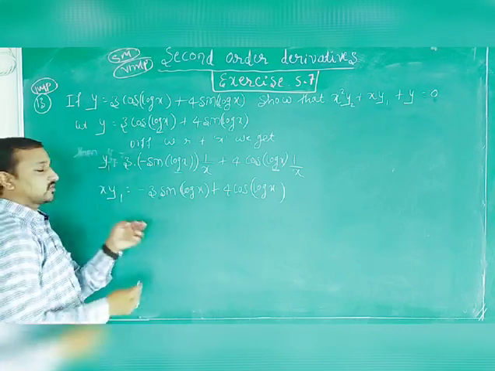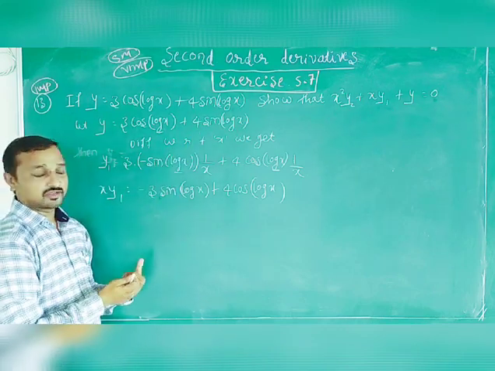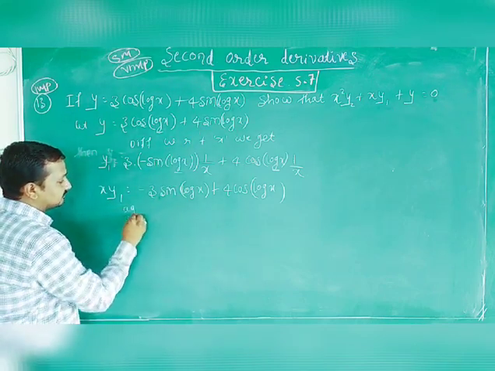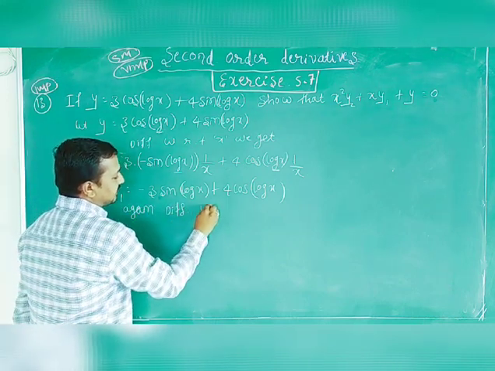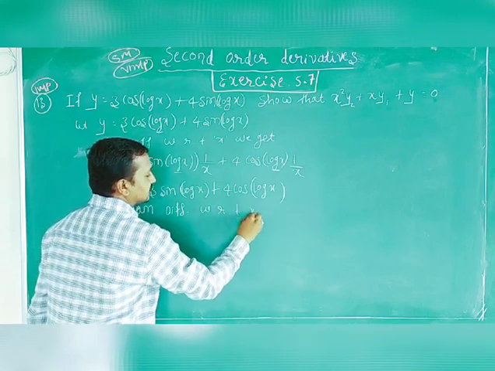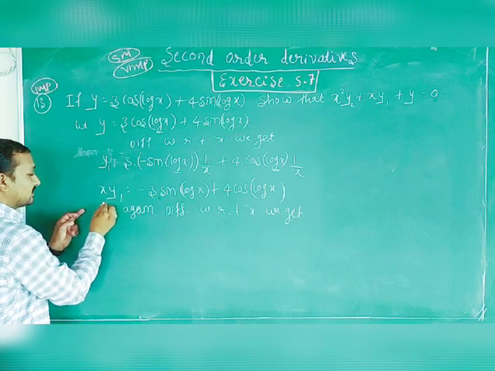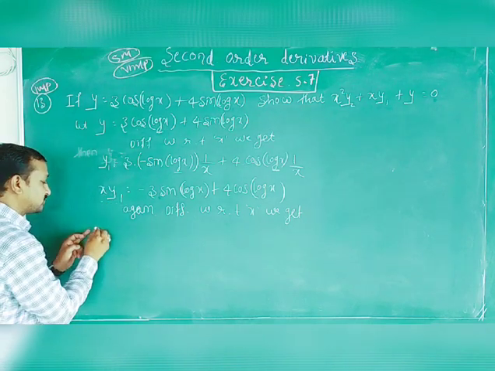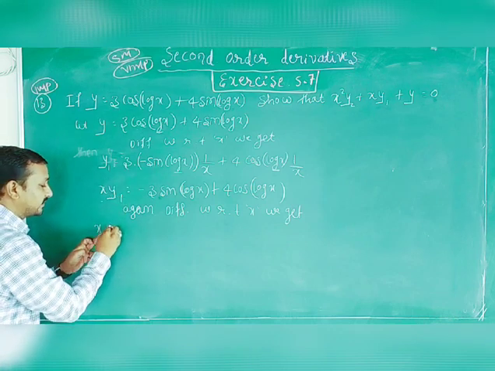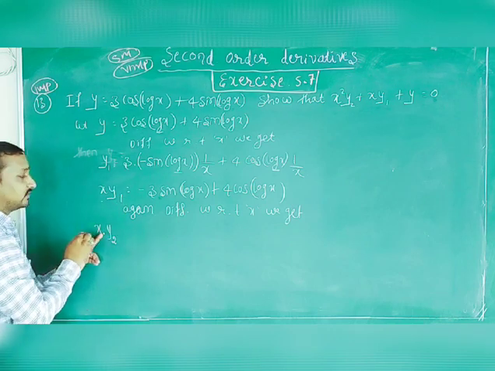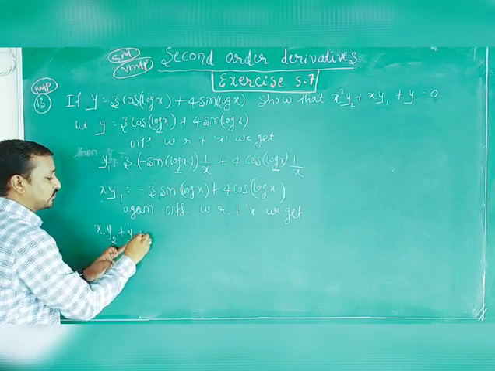Then again differentiate, because the derivative of y1 is y2, and then your answer will come directly. So again differentiate with respect to x, and we get the second derivative. This is the first function and the second function. Keep the first function x as it is, and the derivative of y1 is y2, the derivative of the first derivative being the second derivative. Plus y1 kept as it is, then the derivative of x is 1.